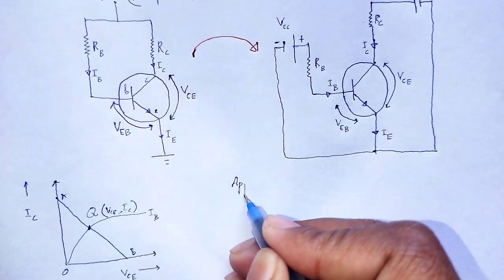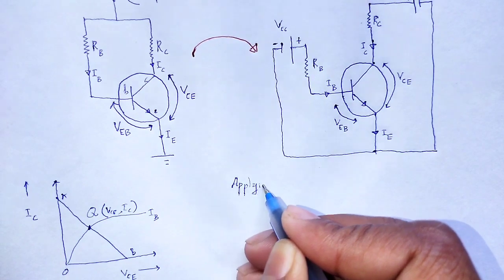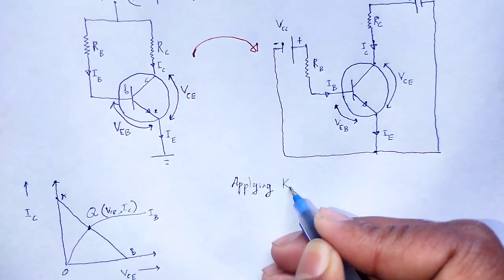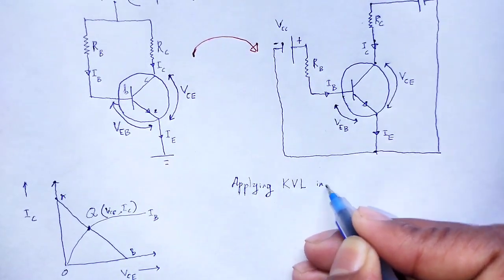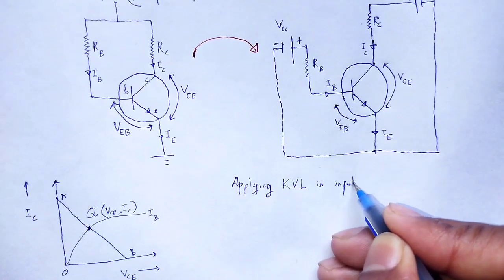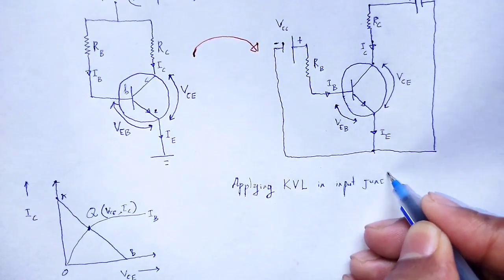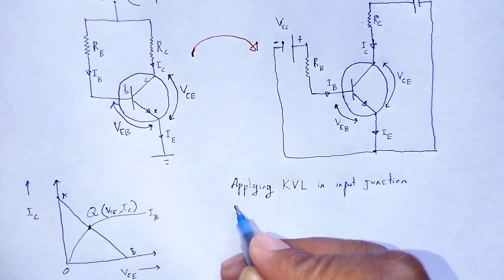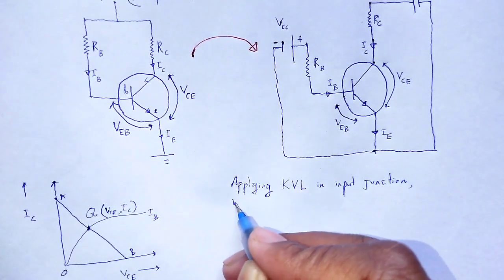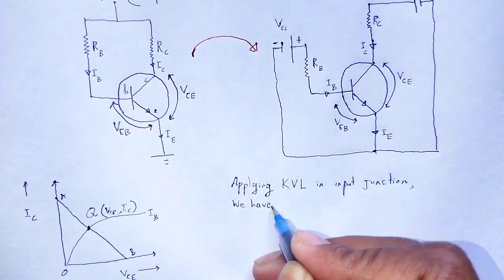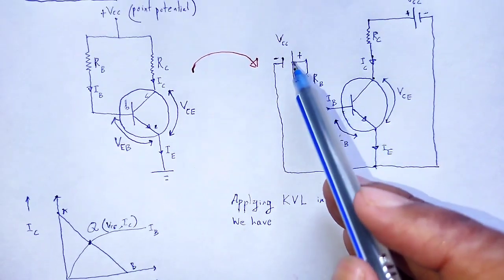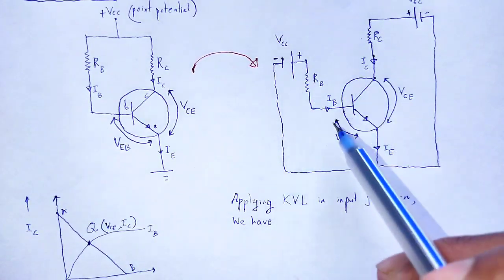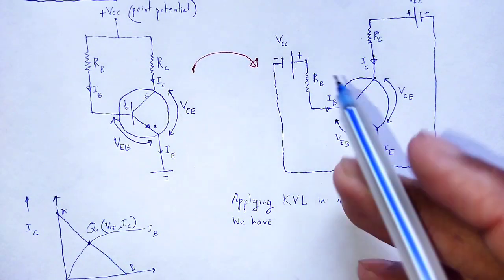Applying Kirchhoff's voltage law in the input junction, we have